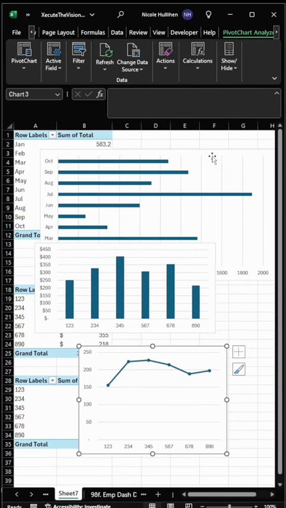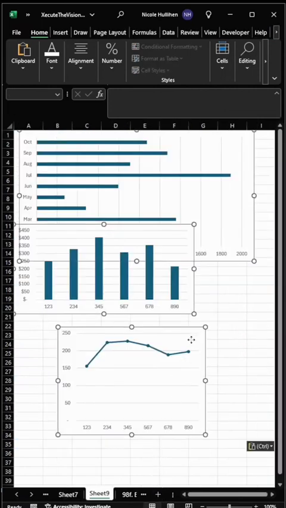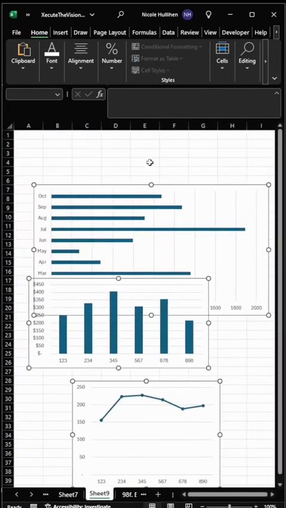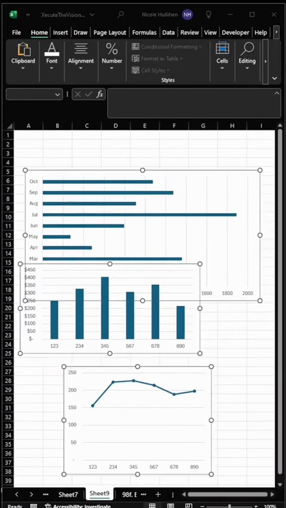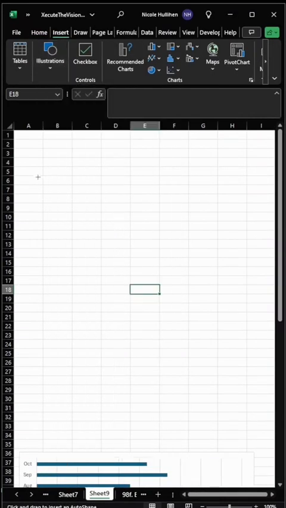I'm just going to move these so that they're a little bit easier to see. I'm going to hit Shift and select all three. And then I'm going to Control-C and I'm going to Control-V to paste them on a new tab. So I'm actually going to need to move these completely out of the way. So I'm going to select those again and get those out of the way so that we can insert our